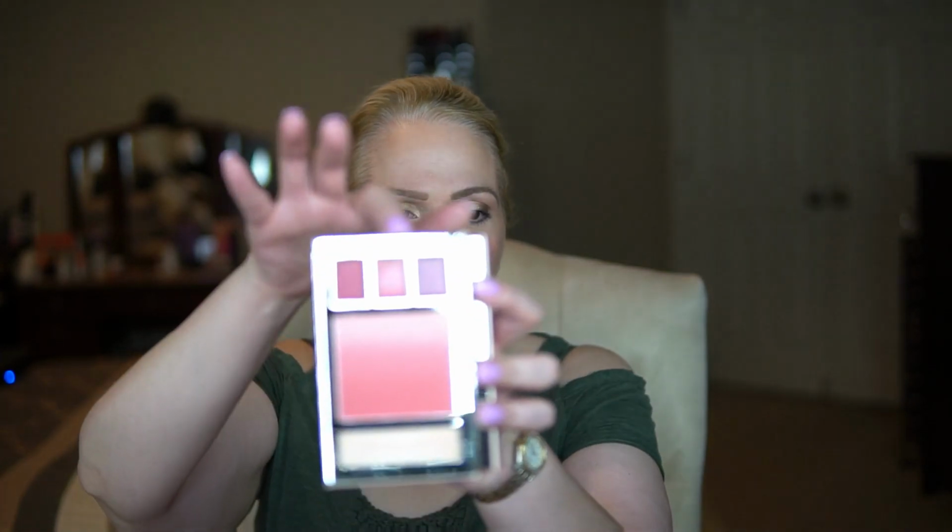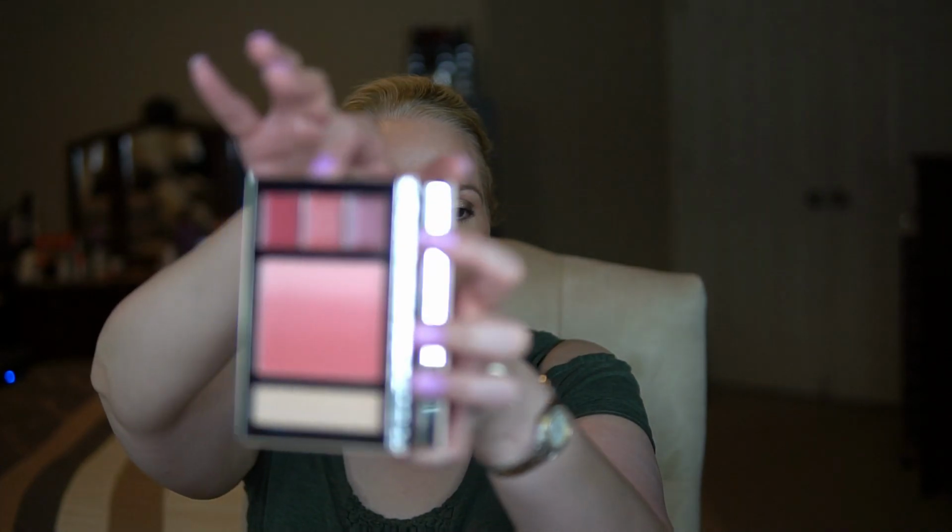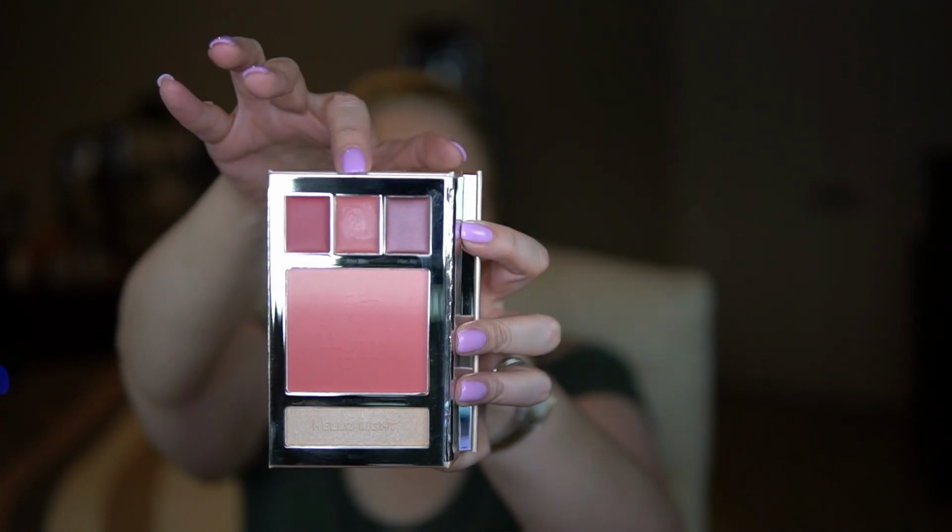I did on the lips, instead of the one I said I was gonna do, I went with that middle pink color. So I went in with Pure Bliss instead of Pure Joy. So Pure Bliss looks like this. That one's Pure Bliss. And then I went over the top of it with the Je ne sais quoi